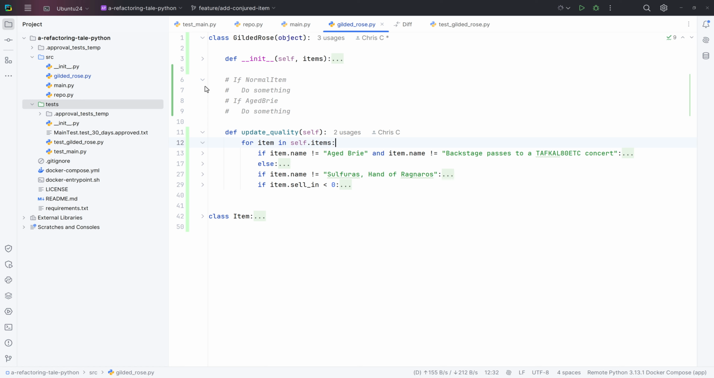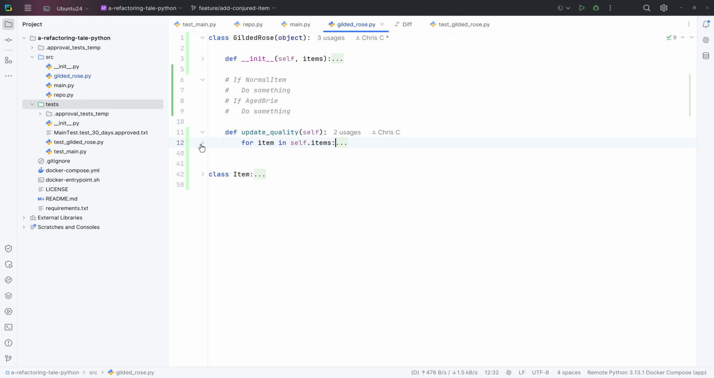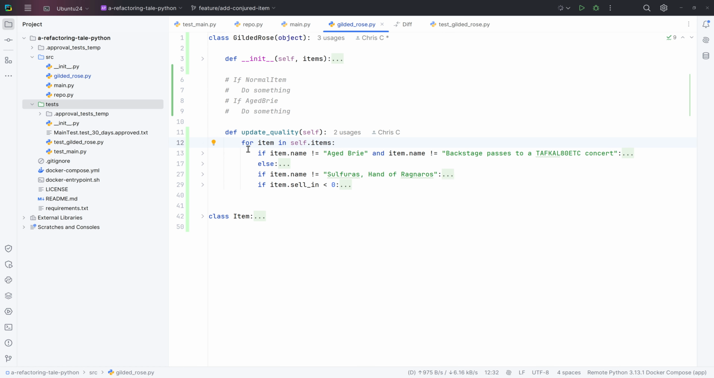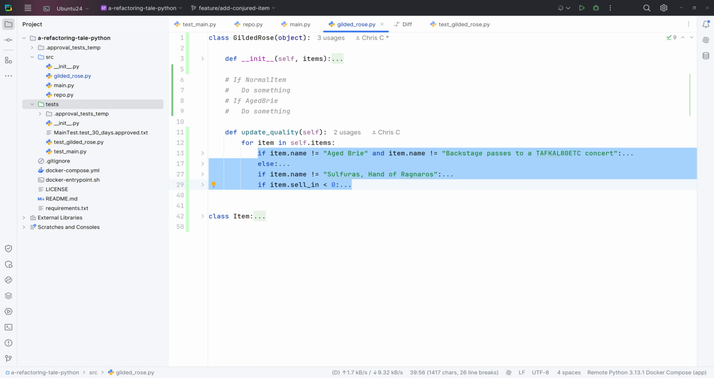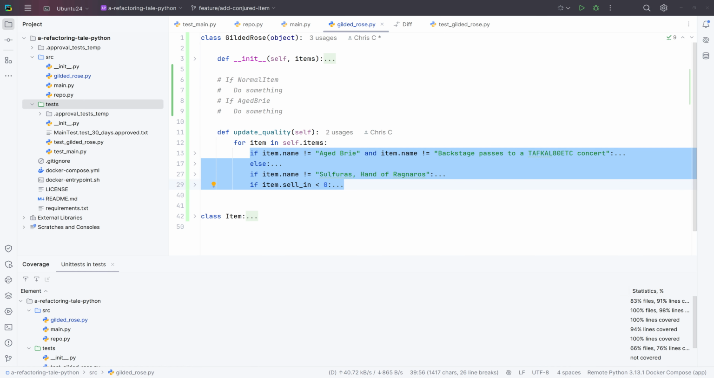So the first kind of easy step we can do, but this is the other thing that breaking up into a high level thing does, is we can easily extract this into